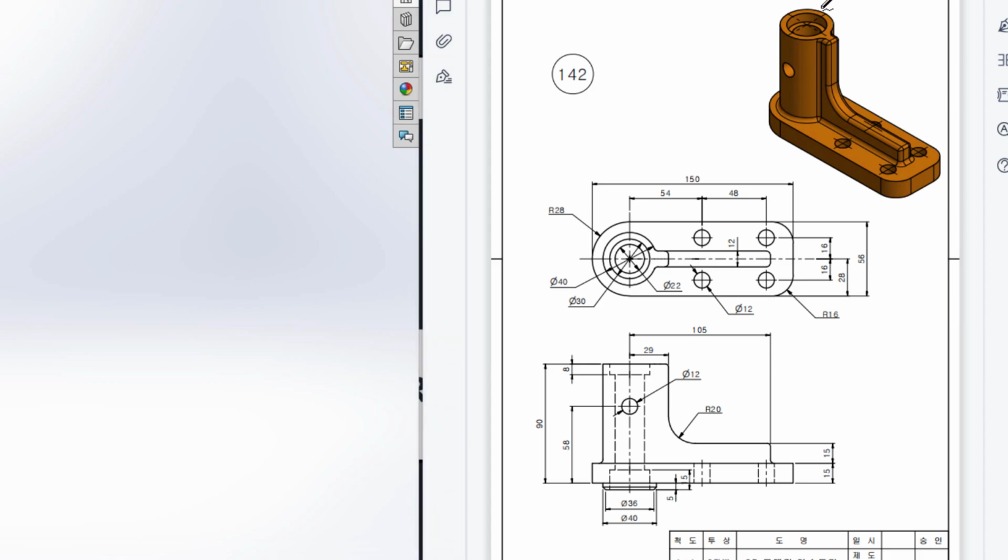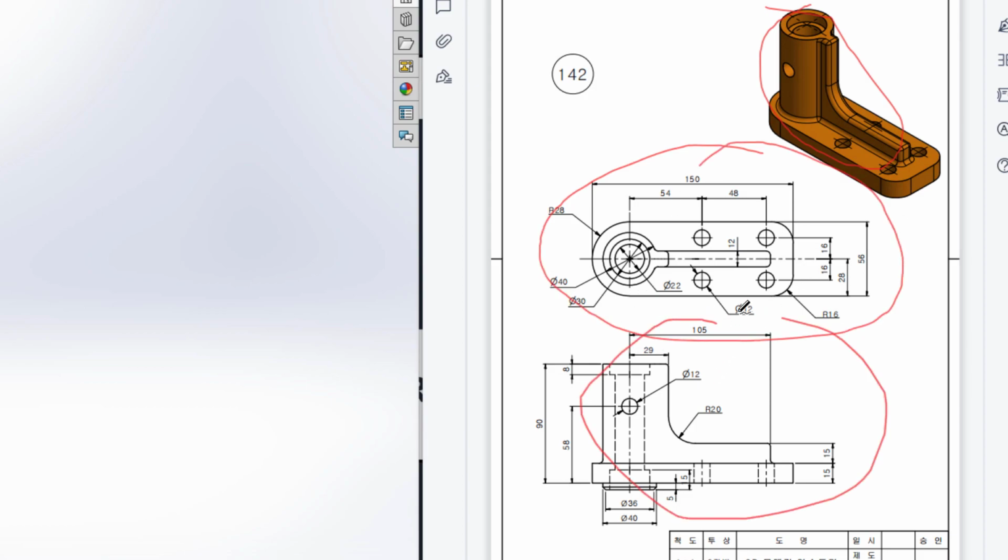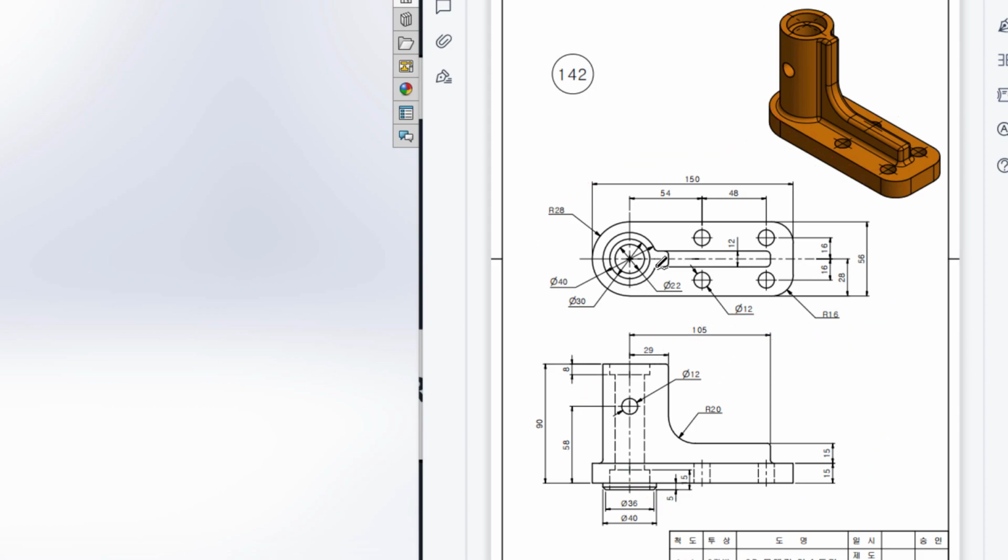Today we are going to solve this 3D problem. In this 3D problem, this is the isometric view, this is the top view, and this is the front view. First of all, I will start drawing from the top view. In the top view, I will first draw this center line, and this center line has